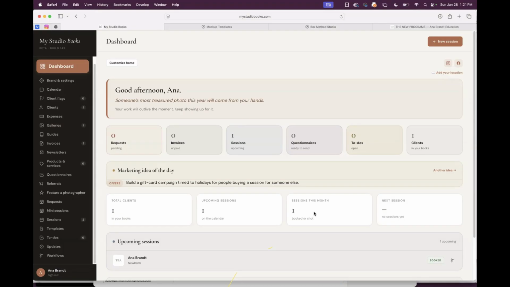deal. But just know that almost every CRM out there that's being built has a team, has investors, has a board they have to answer to. I do not have any of that. In all of these programs that I've built, I've already been asked if I would sell. I've already been asked if I would take on investors, and I have said no to everybody. And that's the way it's going to stand for a very long time. I have no interest in selling any of these programs. I have no interest in bringing on any investors.